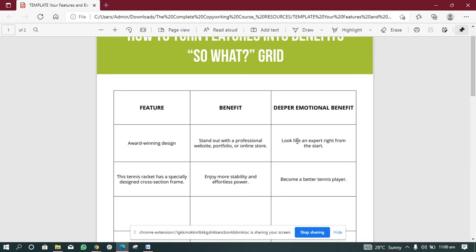Now, look at it. These award winning designs that these guys are doing, the main thing that is actually there for them as the audience is they want to look like an expert right from the start. So if you are going to market to any startup who wants their online assets to appear professional from the get-go, of course you need to market to them directly with exactly what they want, because it's logical.